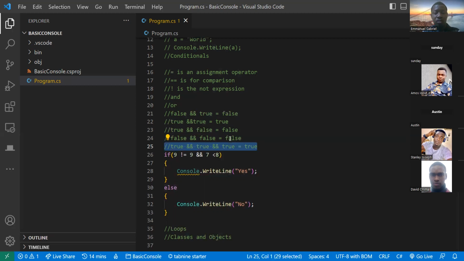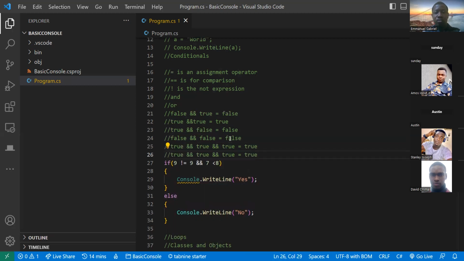But then true and false is going to translate to false because AND conditions need everything in that line to be true before it would go into the block. And this is the block. The same thing for if it's false. If any one of them is false, it's going to translate the whole thing to false and then go to the else block.